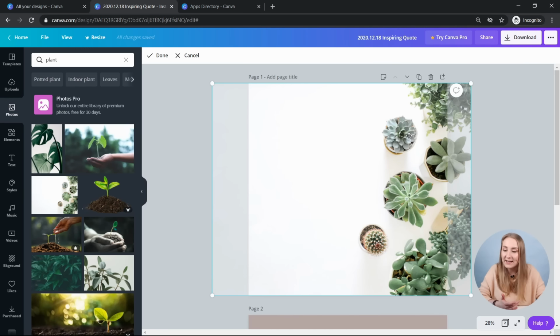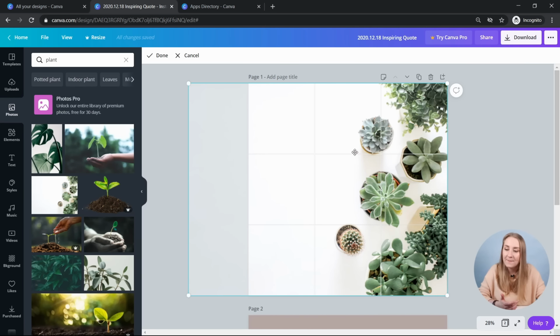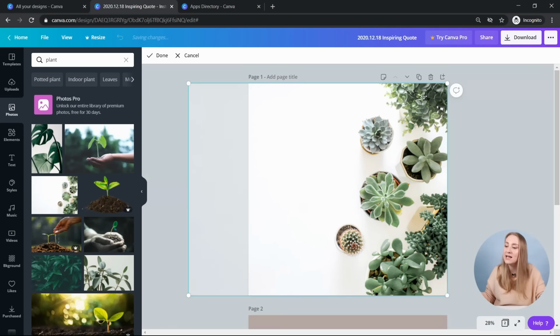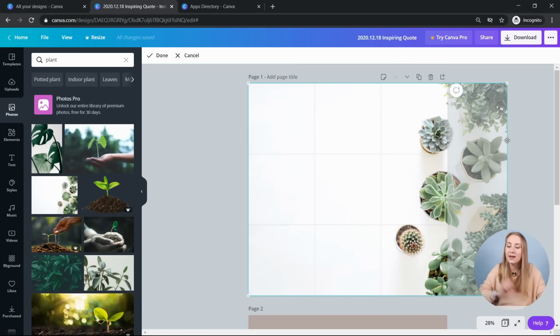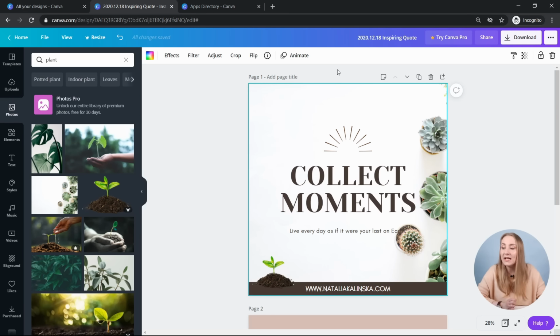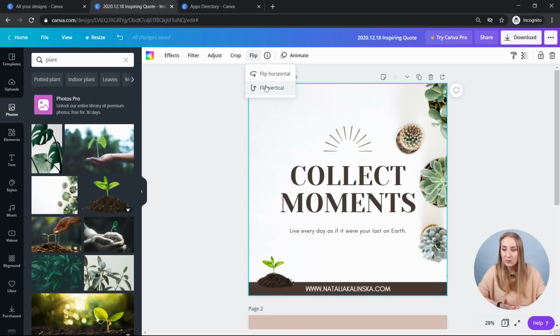So if you move it to the left, right, you can see that it dragged it a bit further, and it's even worse, obviously. So this is not something that we want. So I can just drag it in there, and this is how you can move it to the side. It still doesn't work that well. So another thing that you can do, you can click on flip and flip it vertical, and this way it actually works. It doesn't really affect it that much.